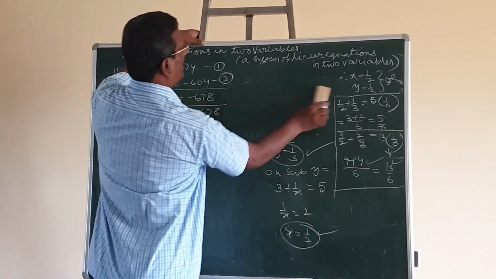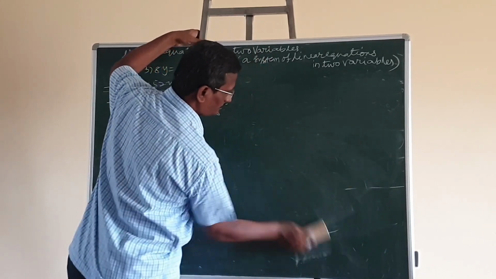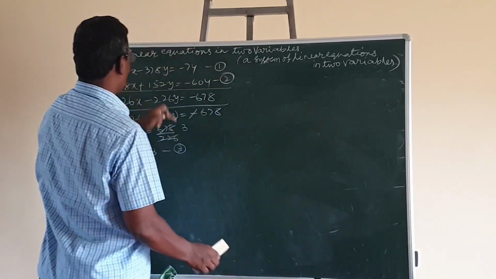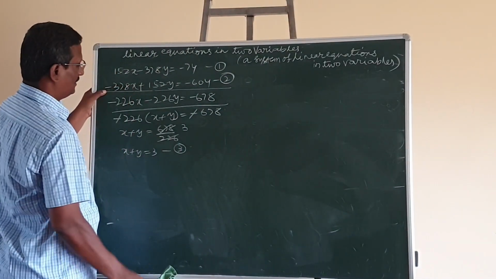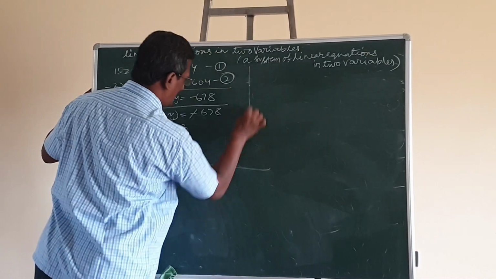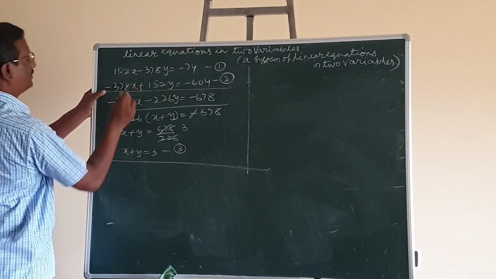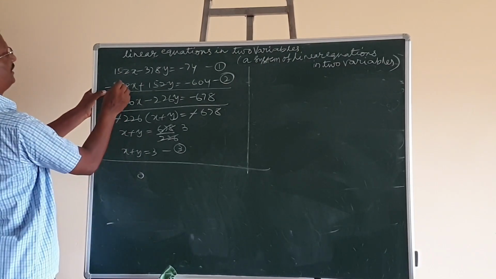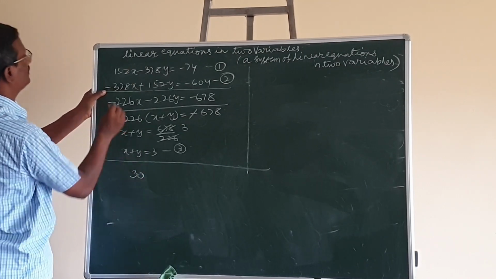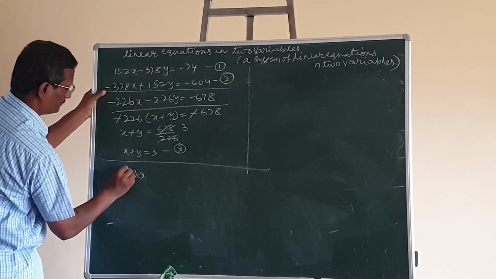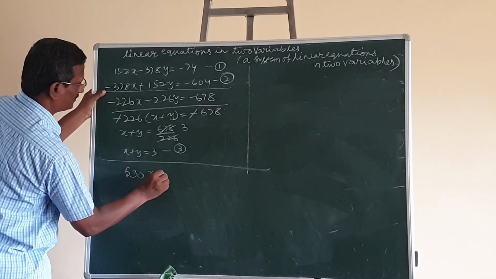Similarly, if I do subtraction, we will get another equation. First equation minus second equation. On subtraction, the sign changes. See how I do the subtraction. The result of subtraction I will write: 8 plus 2 is 10, 1 carry; 8 plus 5 is 13, 1 3; this is 2; 2 plus 3 is 5. 530 with the positive sign x.